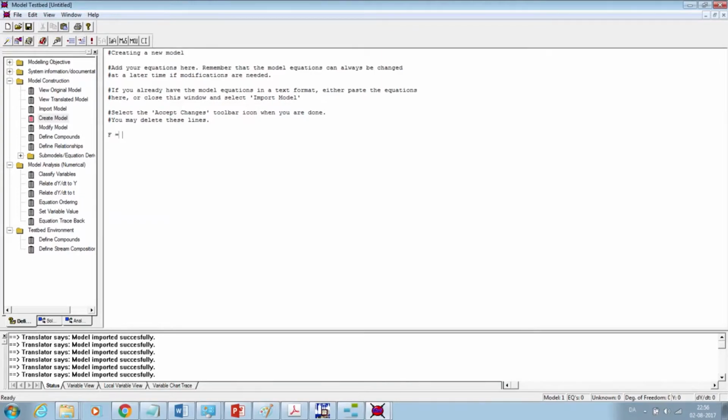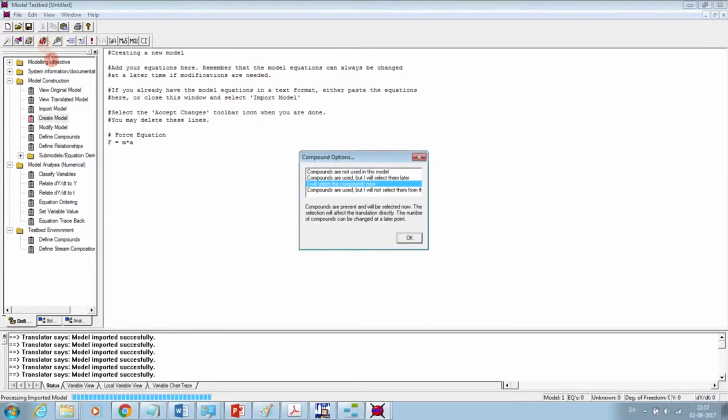For instance, I can type F equals M times A. Now this is an equation. If I put a hashtag before any text, it'll be a comment. Like this. Once I've written all my equations, I have to go to this button up here that says Accept Changes and click it. Now for this tutorial, we will not be using compounds, so I'll select compounds not used